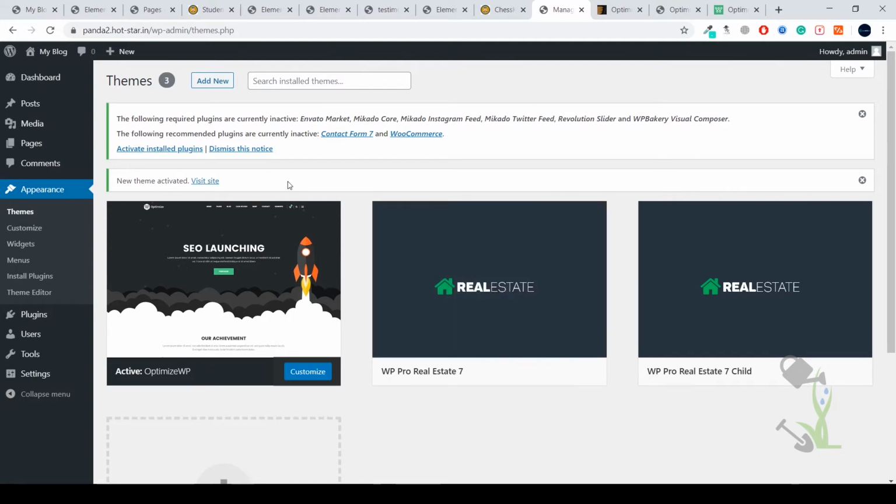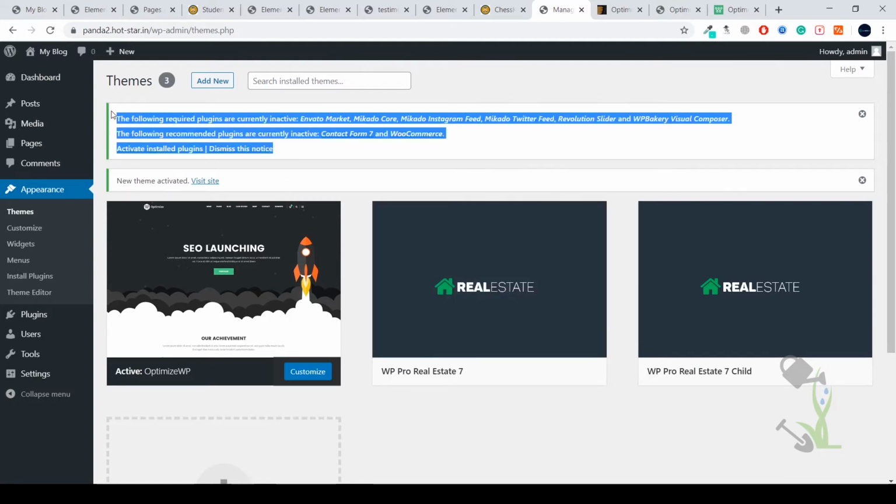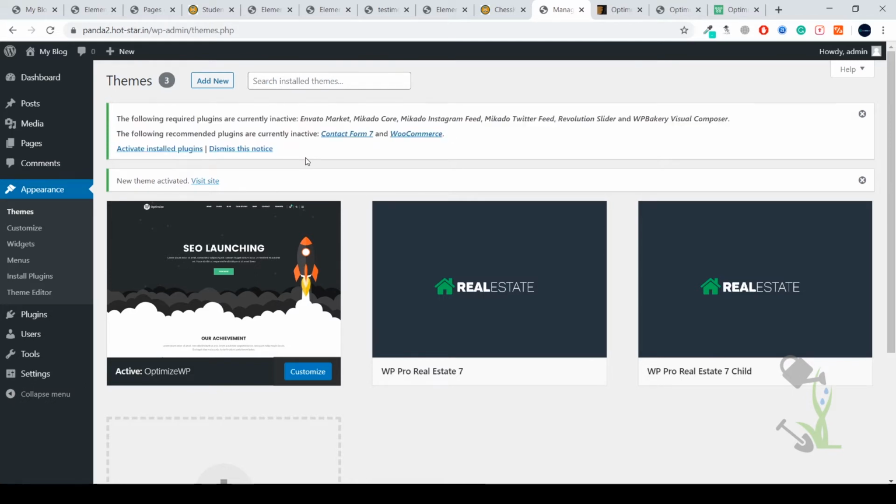Now you see this kind of pop-up. What is this? Let me explain. Our theme is suggesting that we install some recommended plugins. So what are recommended plugins? Basically a theme consists of multiple functionalities, and each functionality is built up by some kind of plugin, right? For example, if a theme has a slider, and that particular slider